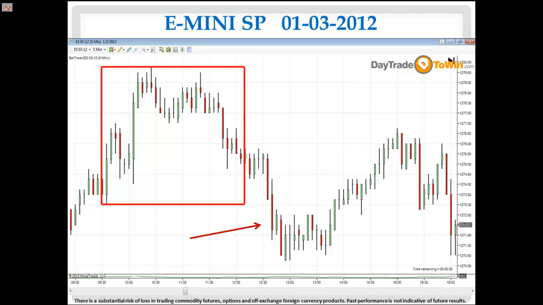So as you can see, this is a great way to know where to enter and why. Most importantly, why. So I'm entering at the close of the second candle, and for those of you who haven't seen the videos where I use the average true range to tell me what my profit target is,